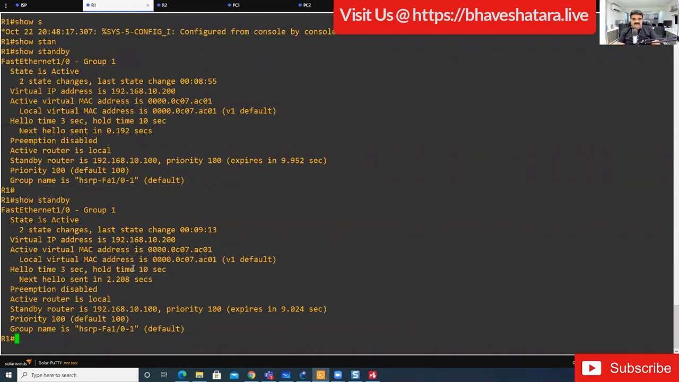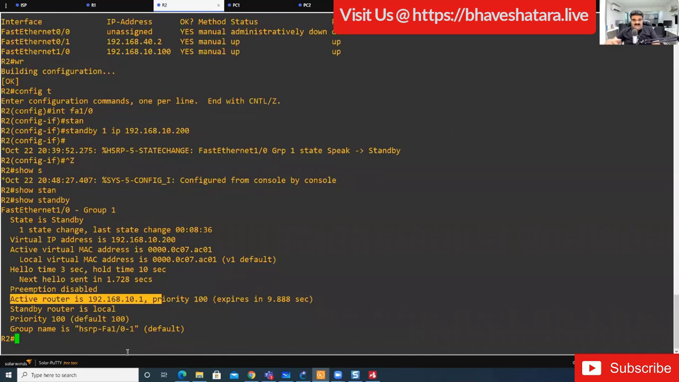What happens when you configure your router the first time? This router will become active because R1 doesn't have any other active router, so it becomes active. Then you get this router R2. When R2 comes into the picture, the active router is already there, so R2 will become standby. Now the rule is